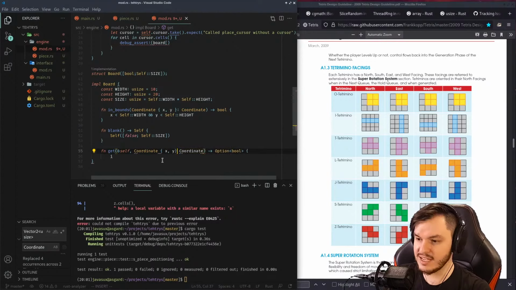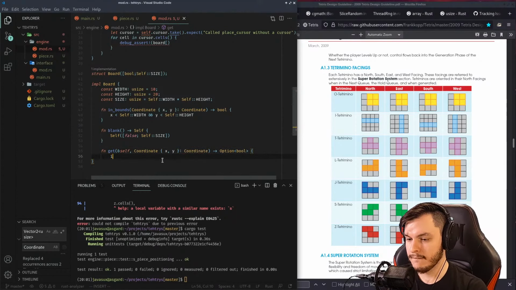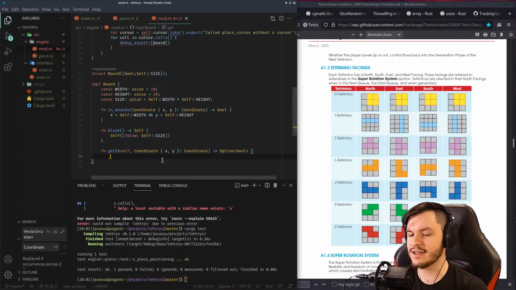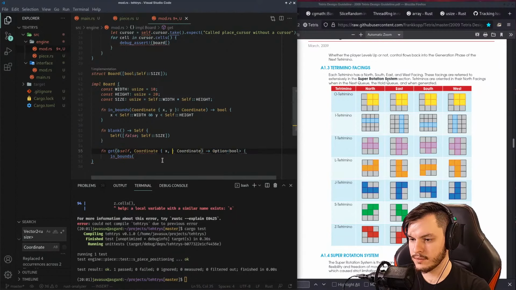Consistent, strongly typed API. If we're going to assert, no, we need to say if because we're doing an optional. If x, we can do this a different way. We can say inbounds coordinate